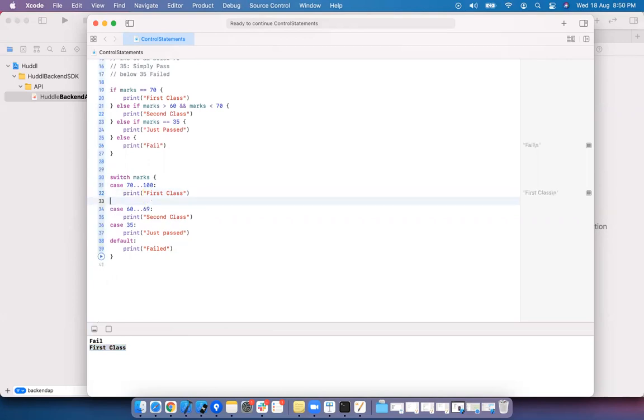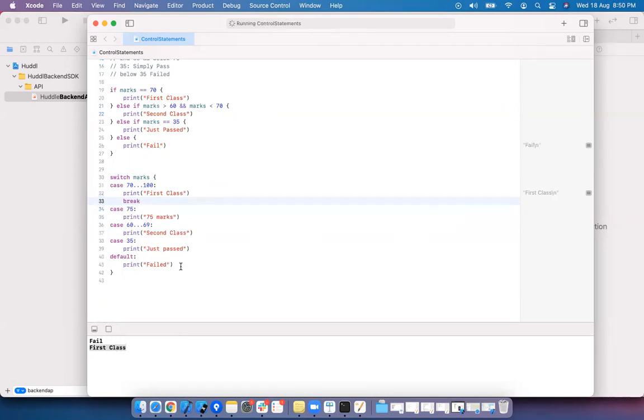If you have any specific case here, let me say 75 if I have, in other languages, it also prints the 77. But here, the behavior of the switch is it auto breaks. Auto break means once any condition is met, it simply comes out of that. There is one more keyword called break, you can use it explicitly as well. The behavior is the same.